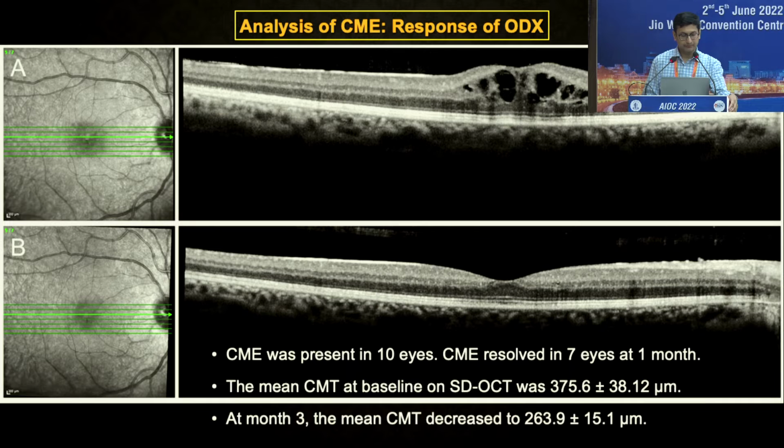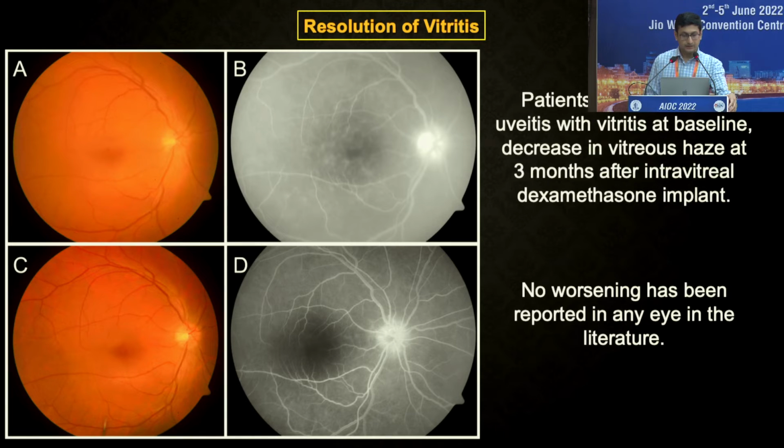And we've done a study as well in which we analyzed the use of Ozurdex in TB uveitis. So we realized that the vitritis and cystoid macular edema and the leakage on fluorescein associated with intermediate uveitis, all of this can be taken care of by an Ozurdex implant. So of course we prefer it in unilateral disease, but if it is a bilateral disease, let's say one eye is worse, you can add an adjunct of an Ozurdex along with systemic treatment.